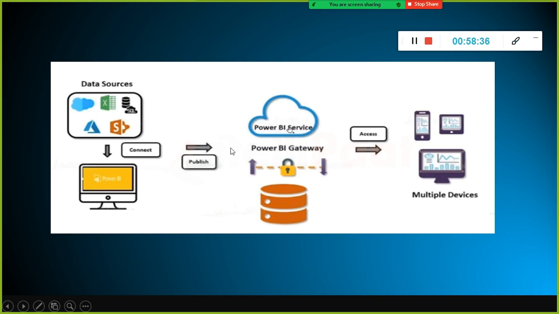If anybody wants to access the billing software, the only option is a remote desktop connection. They have to remotely connect to your desktop, and if 10 people try to connect to your desktop simultaneously, it is not possible. Only one person can connect to your desktop remotely at a given point in time. Multiple people cannot connect.